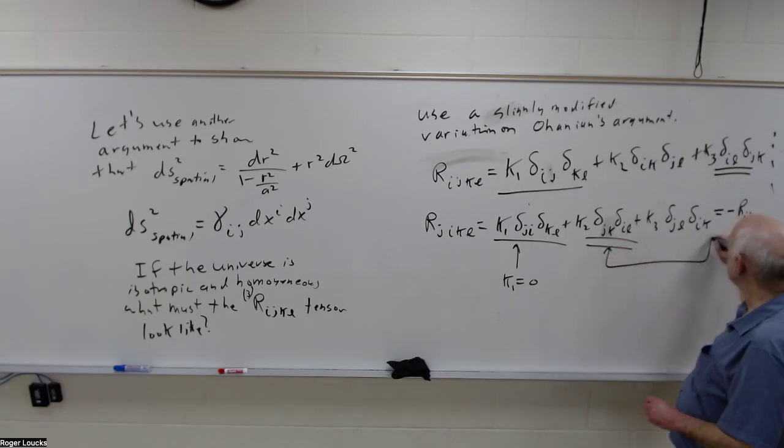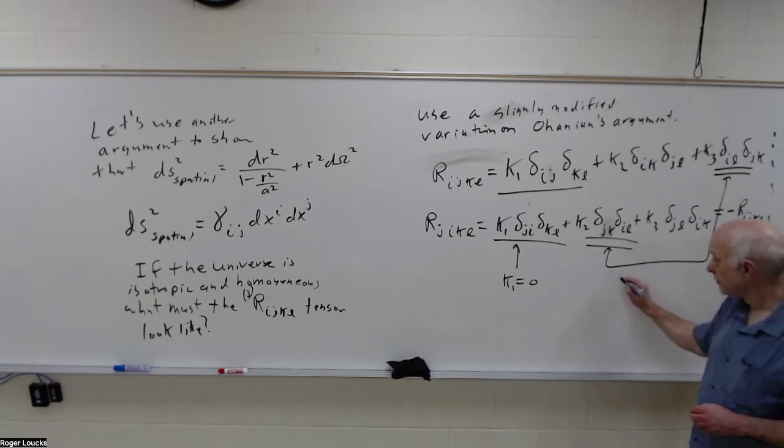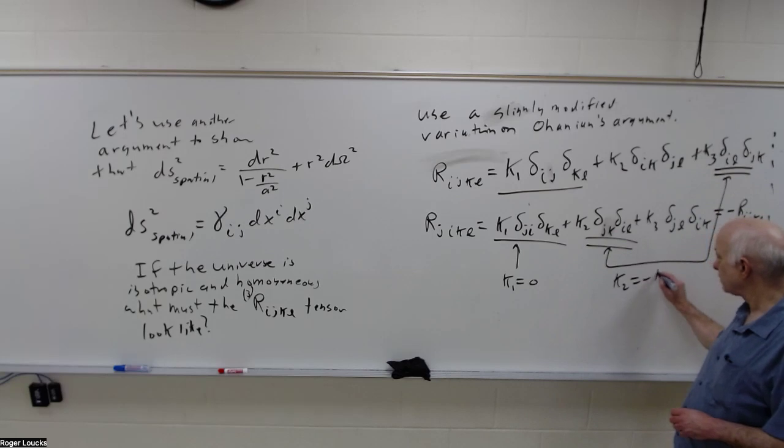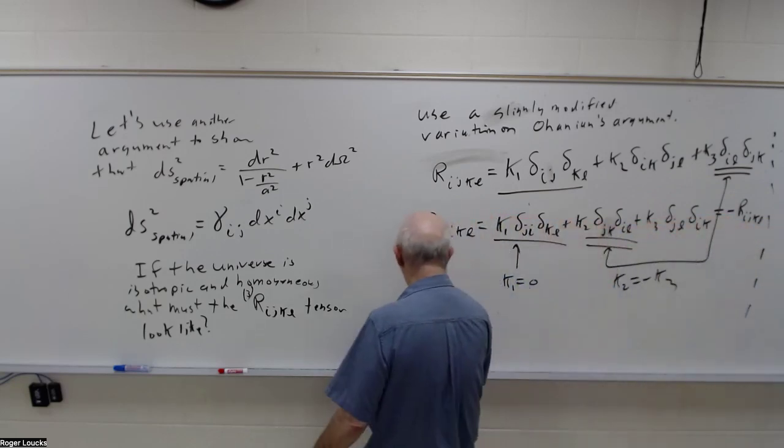Now if I look at this combination here, in order for those to match up, obey this minus sign here, what do we know about K3 and K2? Minus each other. Has to be minus each other. This means that K2 has to equal minus K3, and you get the same result from the ideal. If you look at that one here. So what this means here is that our